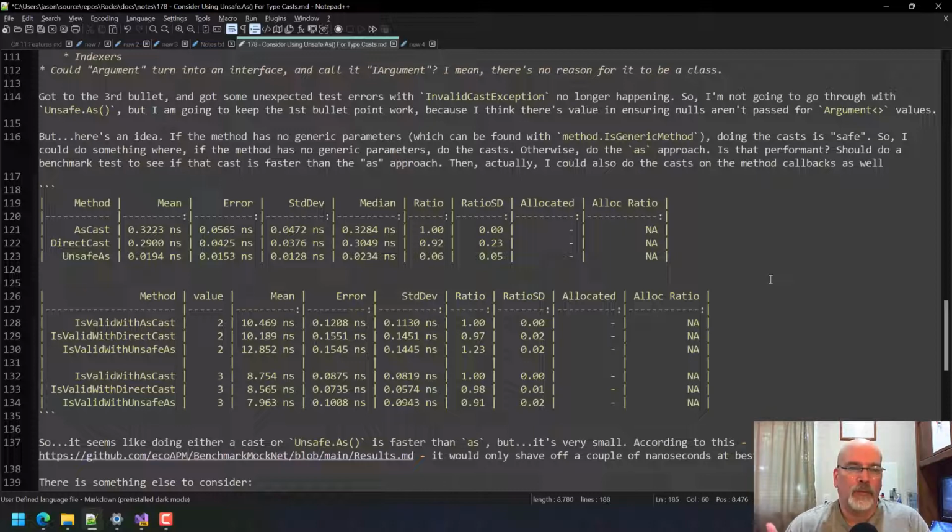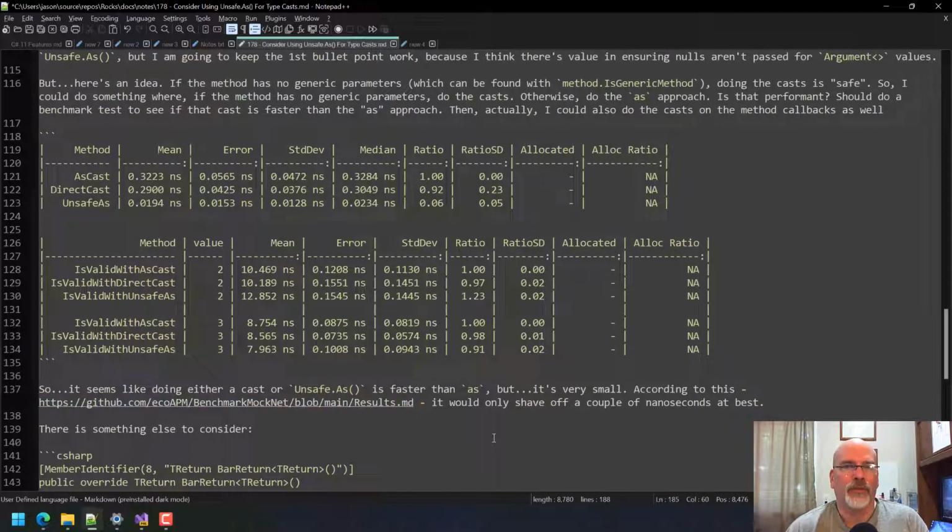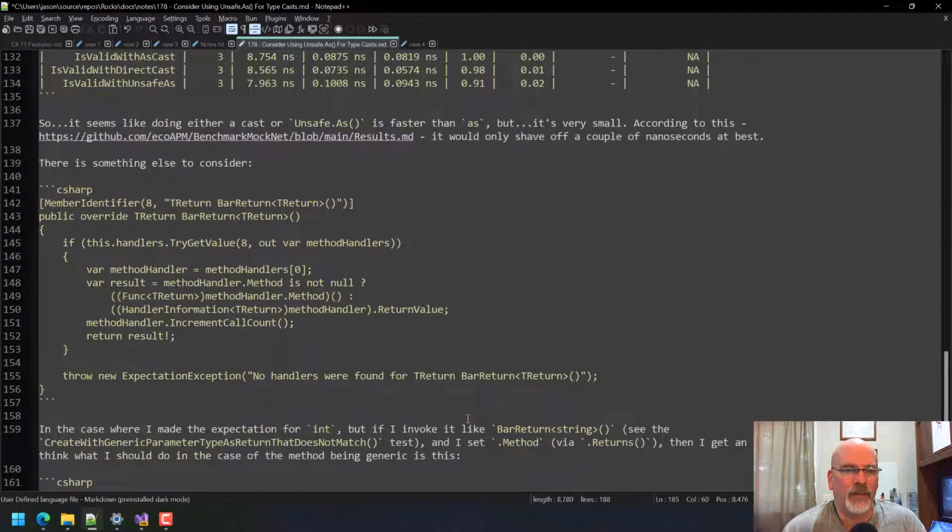So is this worth it? When I looked at the benchmark test, you could maybe see just a tiniest little blip there, but in all likelihood, you're not going to see any benefit from doing this. And so I kind of said to myself, well, is this really, really worth it? Am I doing anything of benefit to put in this code to do like direct casts or not? Because it's just like, why? Why am I bothering with this?